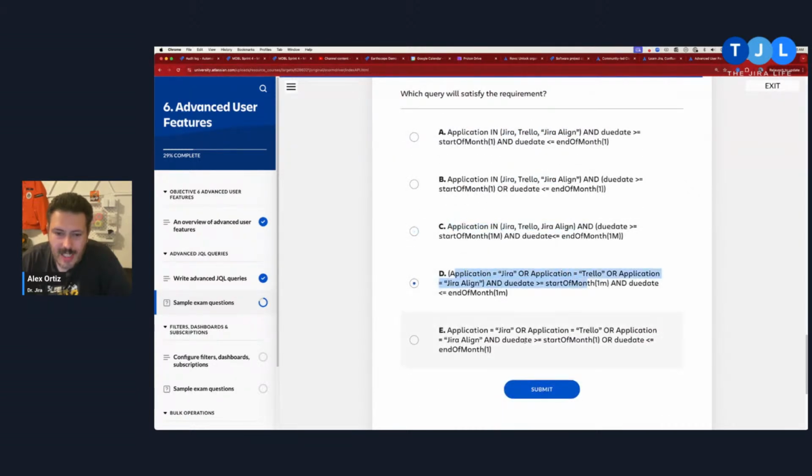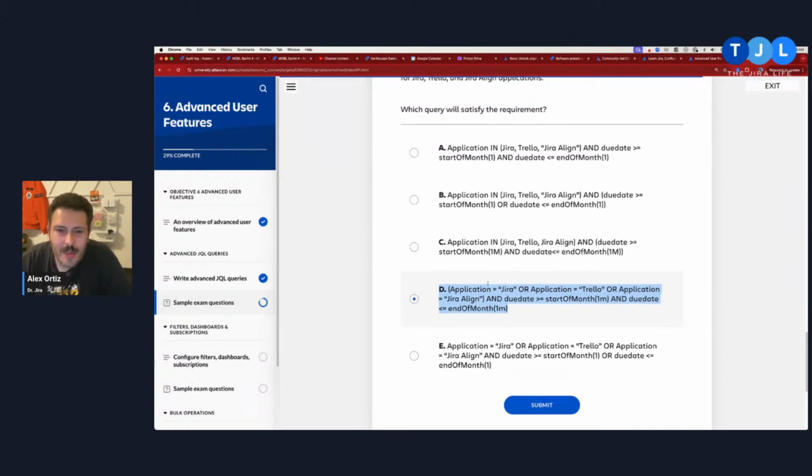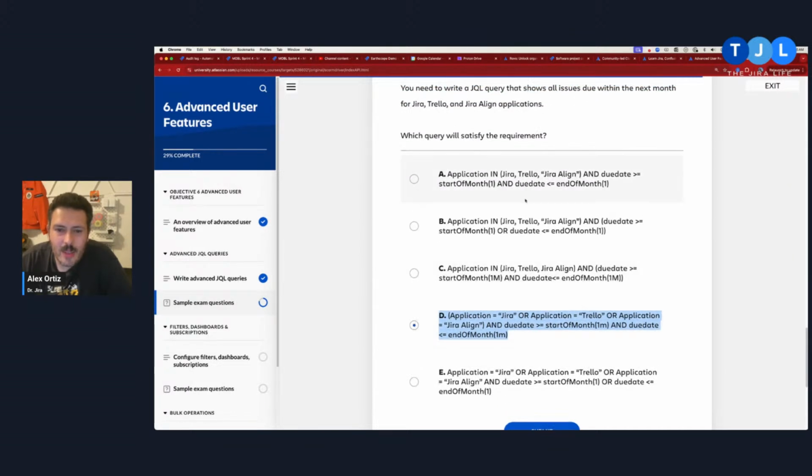Application in, application or. So I think we can eliminate both of these because I don't think we would do application equals Jira or application equals Trello or application. Like, I mean, we could, but I would rather go with the in. So these three have the application in. So I think I'm going to put my eggs in that basket first.